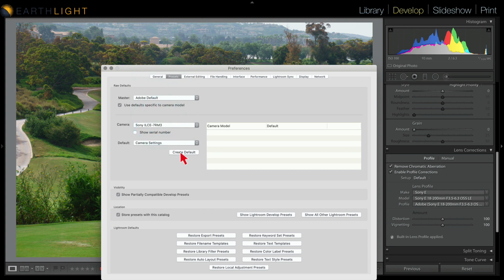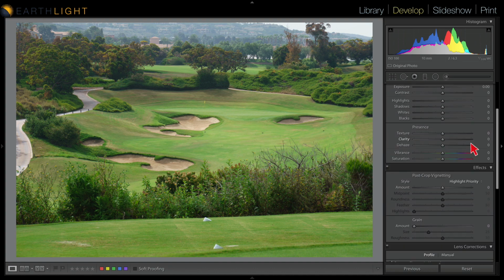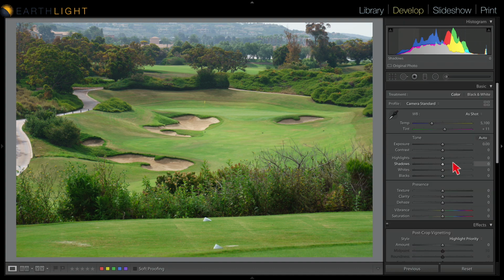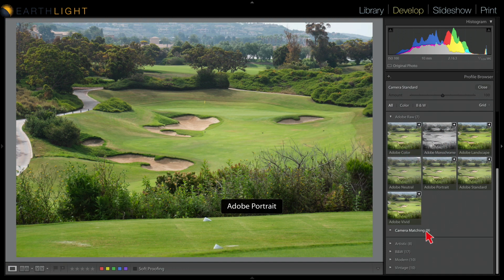And then what I would do is, before I do that, what I would do is make all the changes here. So let's say that every time I import from my A7R3, 95% of the time I'm adding 3 or 4 points of clarity, I'm adding a couple of points of saturation, I'm adding a little vibrance. Let's say that I prefer a different profile, and I'm a landscape photographer, so let's say when I'm importing, I prefer,